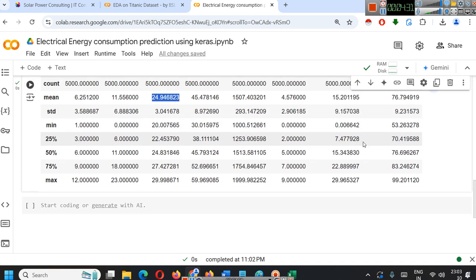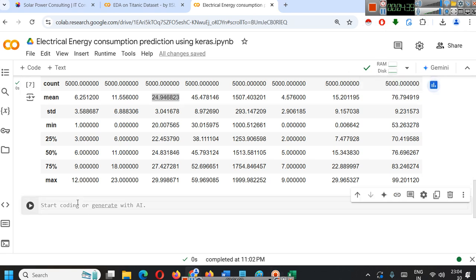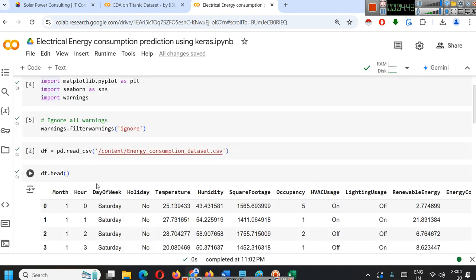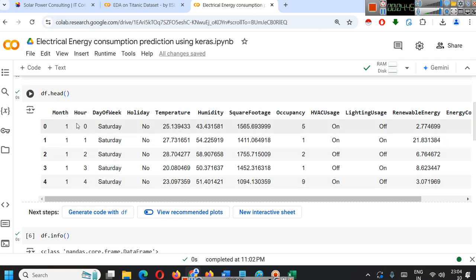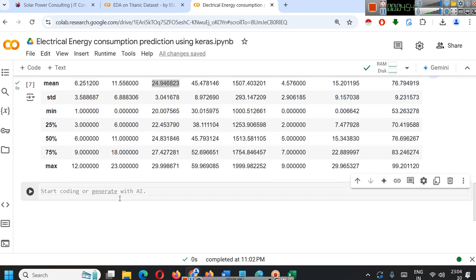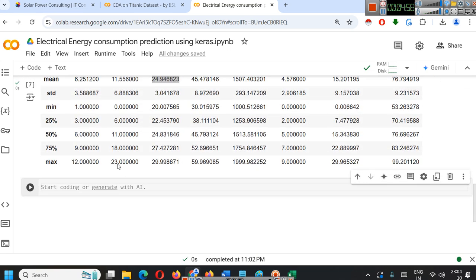We will start analyzing different types of variables also here to see how they are provided in the data set. First, we will calculate the monthly average consumption. For monthly average consumption, we can see we have month here. In month, minimum is 1 and maximum is 12, obviously starting from 1 to 12 months. And here, we will simply group by month and